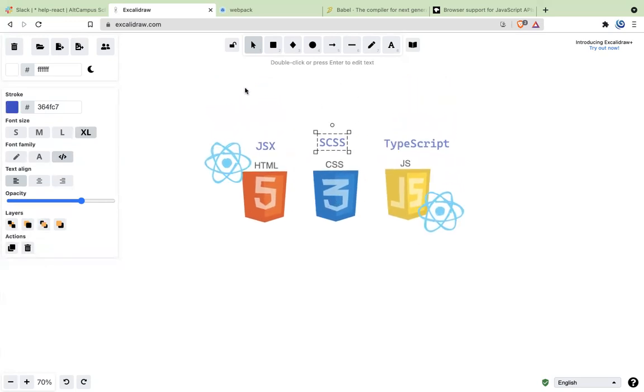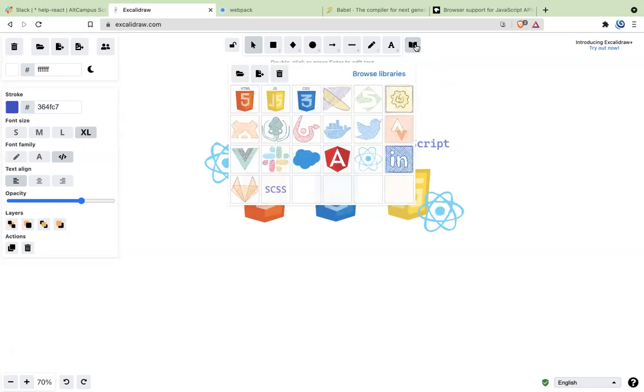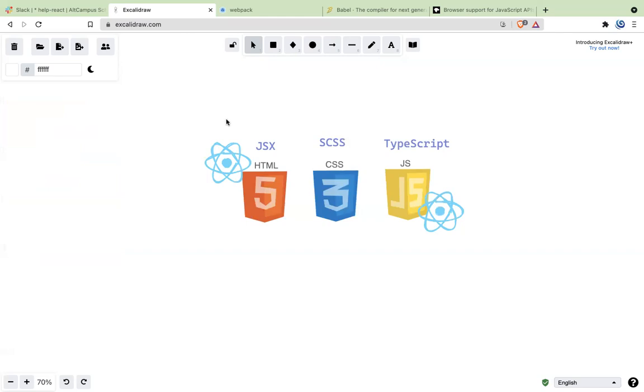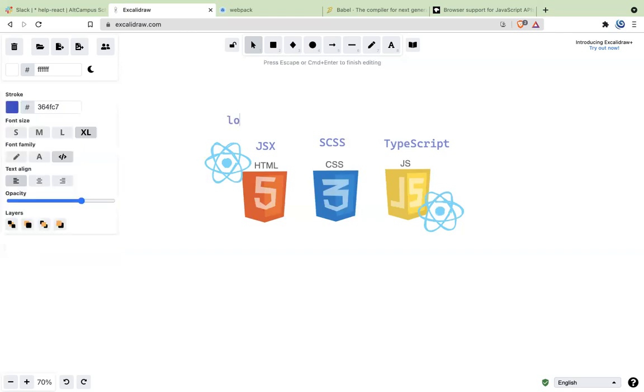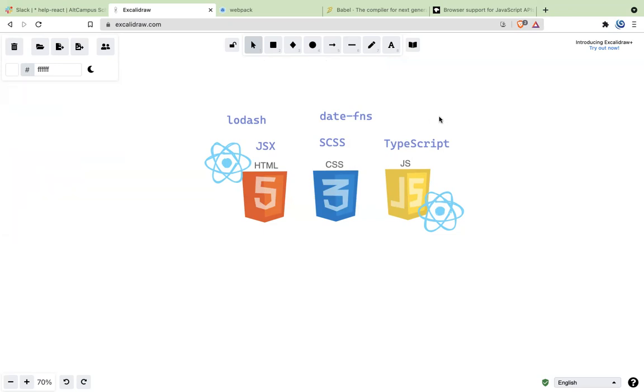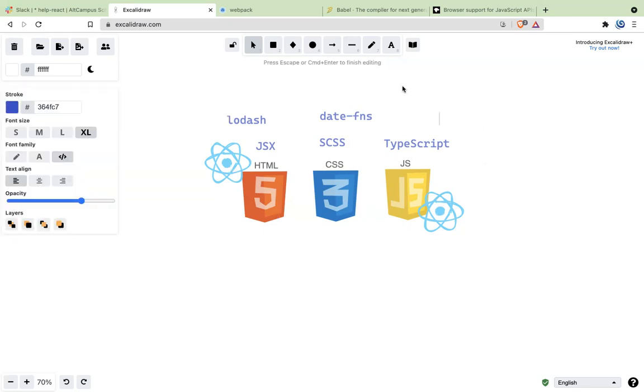Later on, as soon as you start building your application, you start introducing new things into it. What are those things? They can be anything. For example, what if I want to use some kind of library from outside, like Lodash, or maybe date-fns, or maybe something like a database, Mongo or Prisma or something. So many databases that you want. Maybe you start using those libraries, so you start using different tools and so many other things.